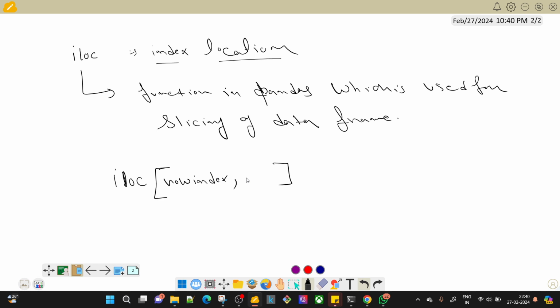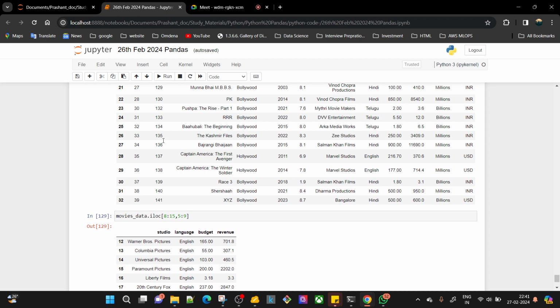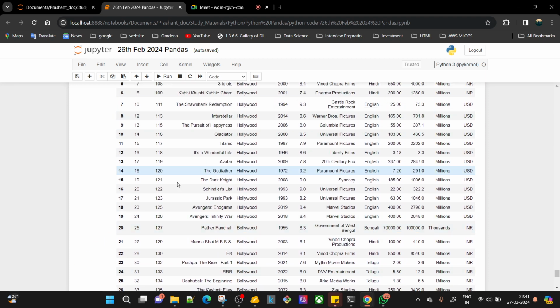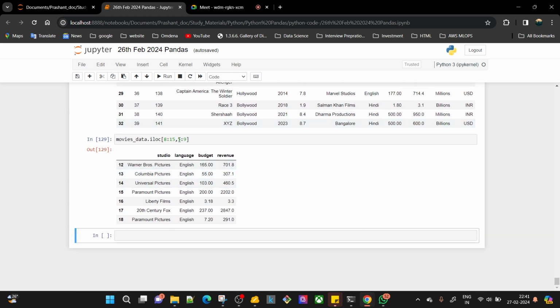कॉमा कॉलम इंडेक्स, यहाँ पे लिख देता हूँ. कॉलम इंडेक्स, ठीक है. तो मैंने यहाँ पे क्या किया, दिस वन 8 to 15 इज माई रो इंडेक्स, right. मैंने वर्टिकली काउंट किया, right, दिस इज द रो. ये रो काउंट किया, इधर जाएंगे तो कॉलम हो गया, तो उसका मैंने कॉलम इंडेक्स पास किया यहाँ पे, 5 to 9 एंड 8 to 15. करेक्ट है? Yes. Any doubt? No doubt. So iloc is basically index location where I need to pass two parameters,